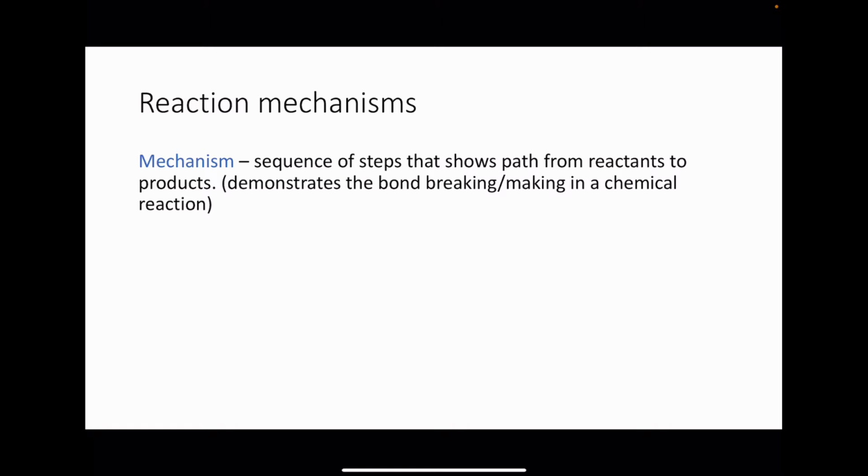So a mechanism is the sequence of steps that shows the path from reactants to products. So basically, it's kind of the meat and potatoes of chemistry. This is where the bond breaking and making happens when we go from one to the next. Now, in this class, we won't do a lot of predicting which bonds will break and make. We're just going to make sure that if we see a mechanism, a prediction of what we expect, that it